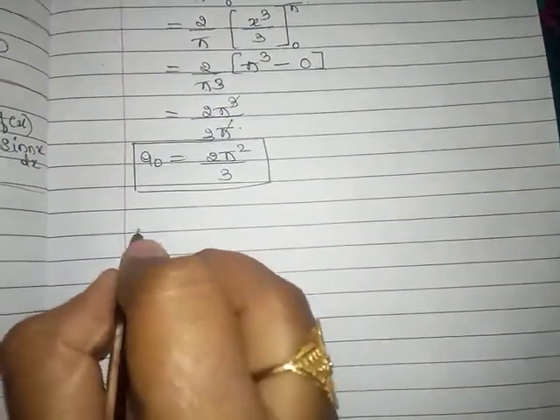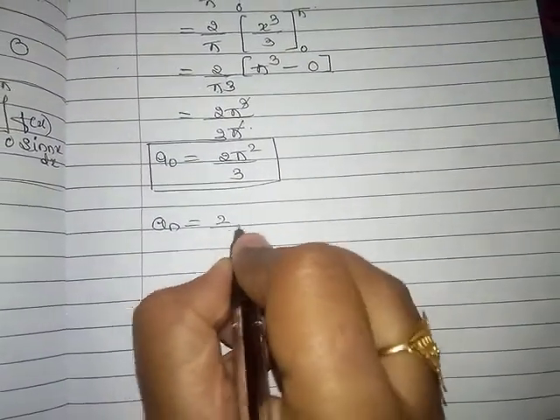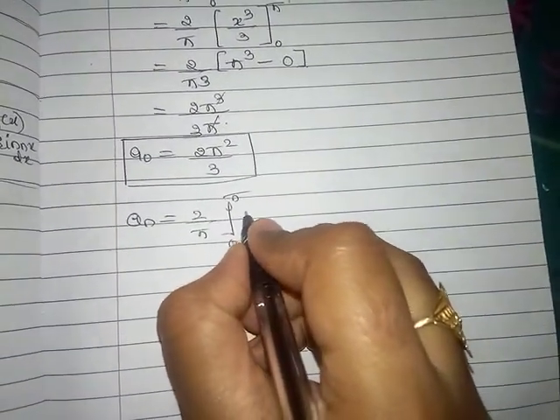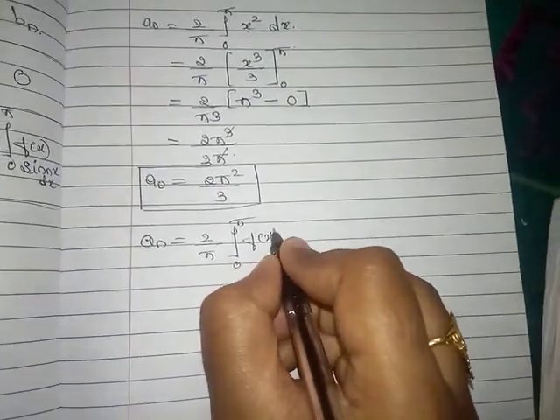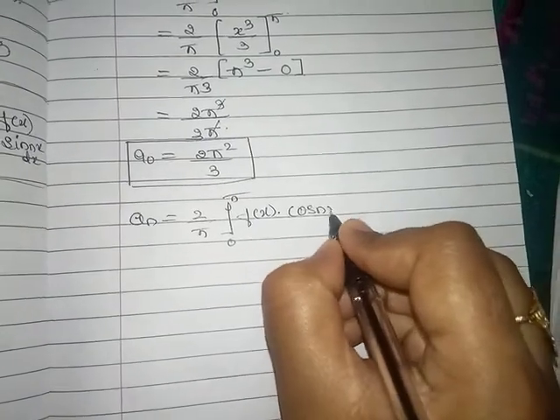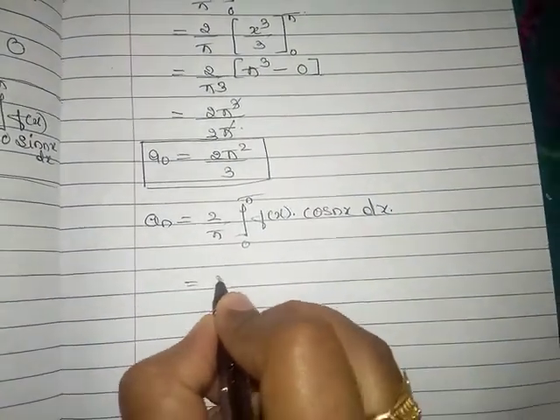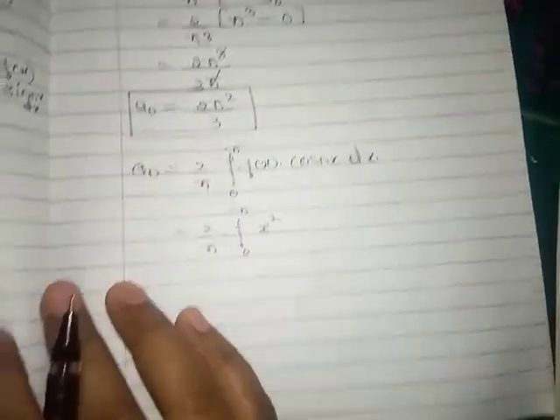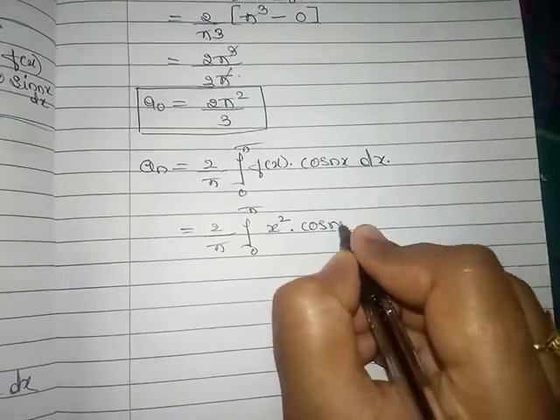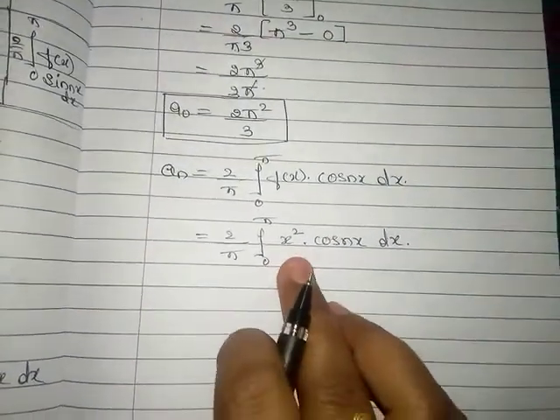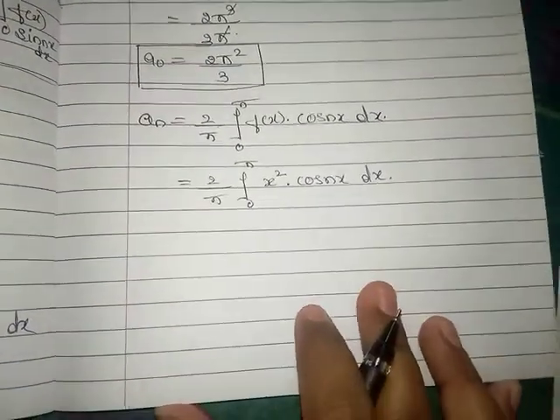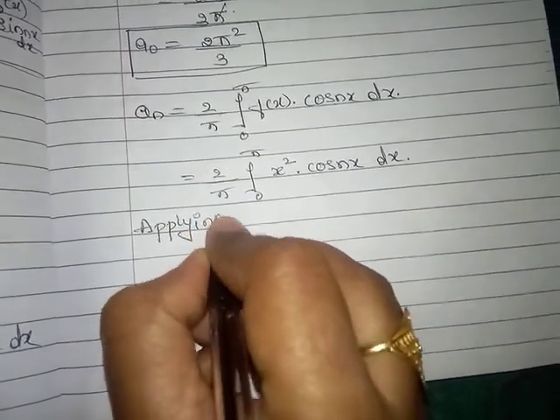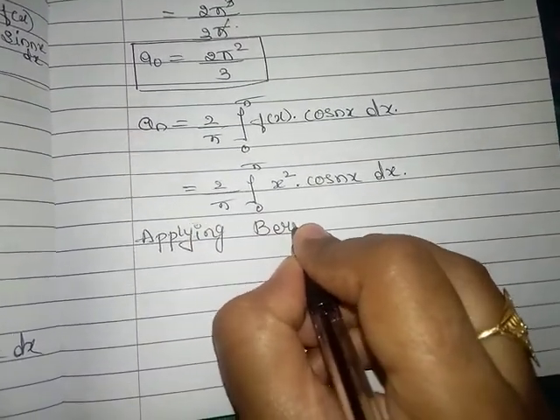Next is an. an is equal to 2 by pi integration from 0 to pi f of x into cos nx dx, which is equal to 2 by pi integration from 0 to pi of x square into cos nx dx. To solve this one, we have to apply Bernoulli's rule here. Applying Bernoulli's rule,